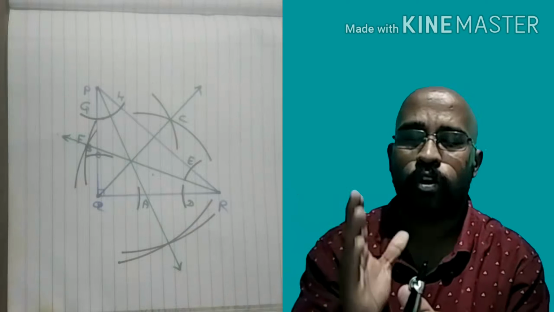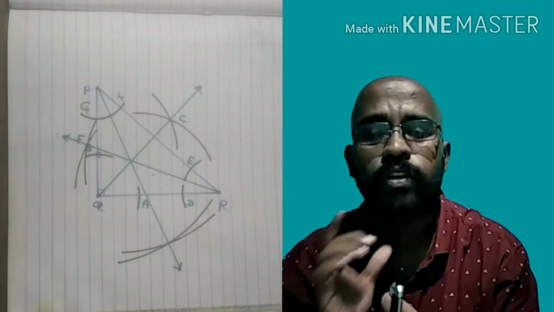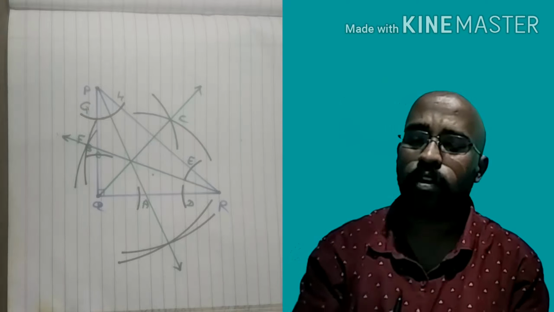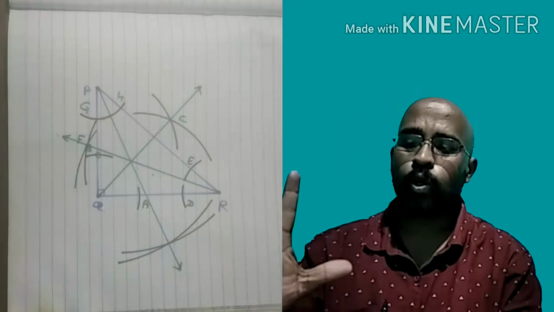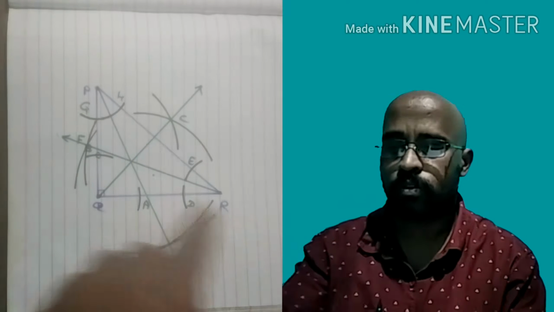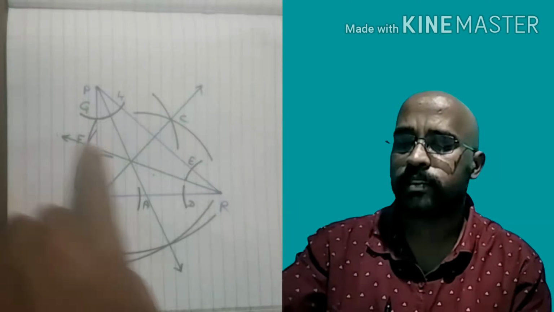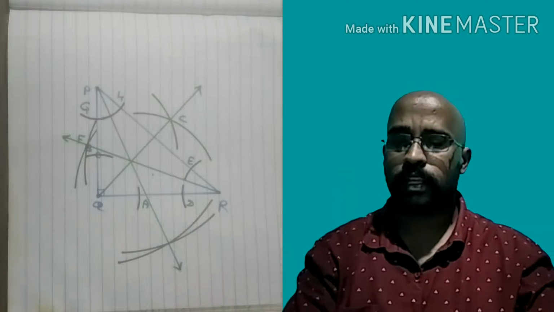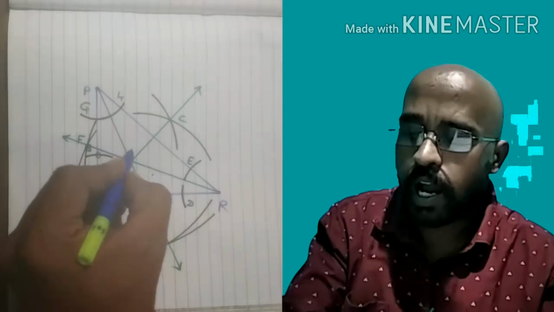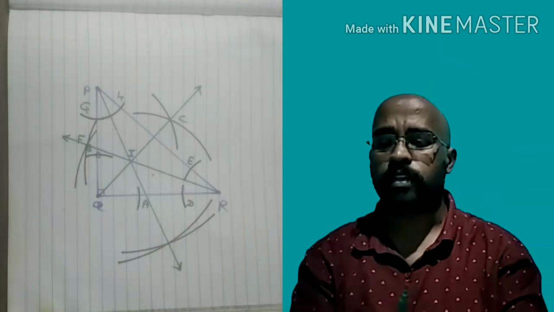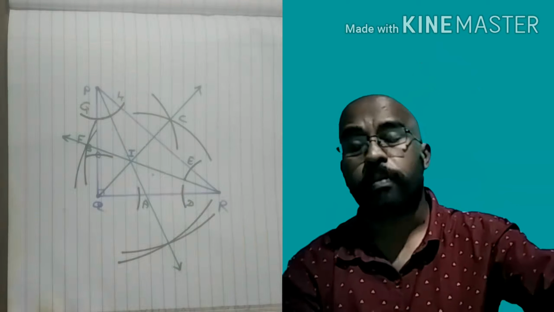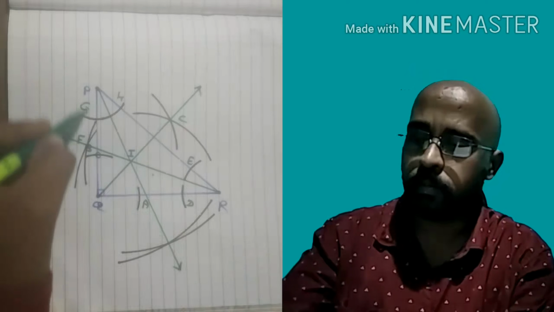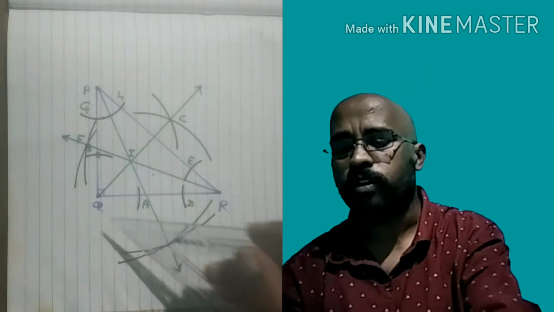You may cross check this with the previous video also. There we drew an acute angle triangle and its incenter and incircle. There also the incenter was in the interior. So let's continue. First step is to draw a triangle, which we have drawn. Second step, bisect all the angles, which we have done. Third step, from this incenter, let's name it I, we have to draw one perpendicular on any one side, either QR, PQ or PR, but it's easy for us to draw on QR.